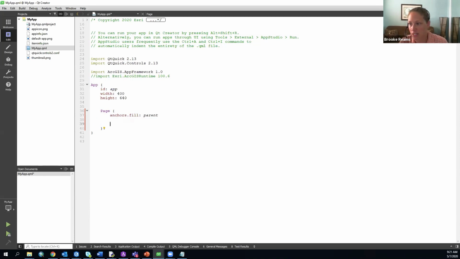And also, like we did on Tuesday, we're going to give this page a header that will just be a toolbar. So this is going to look very familiar. We're going to give it a width of our parent width and a height of 56 pixels. And I'll give it a material background